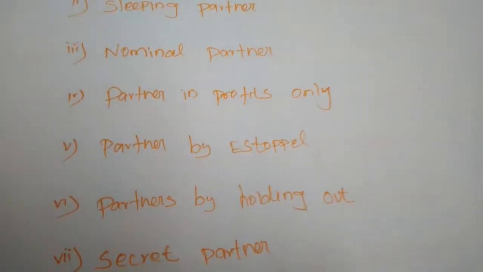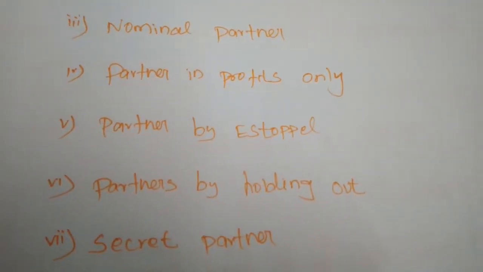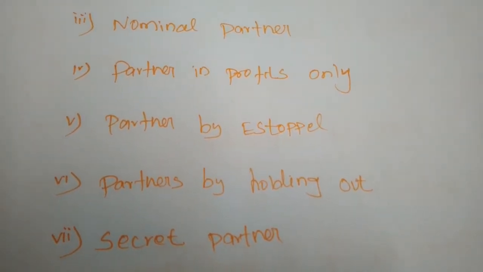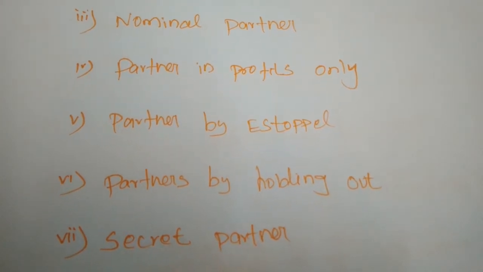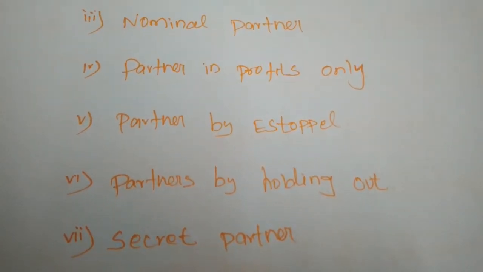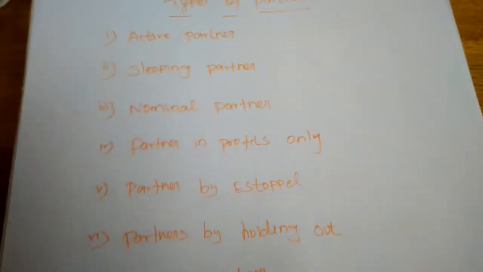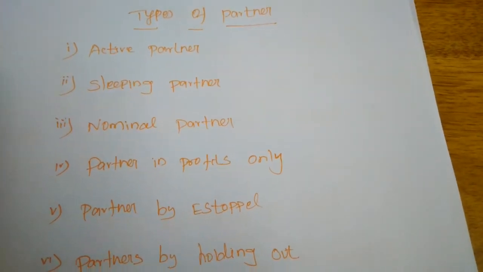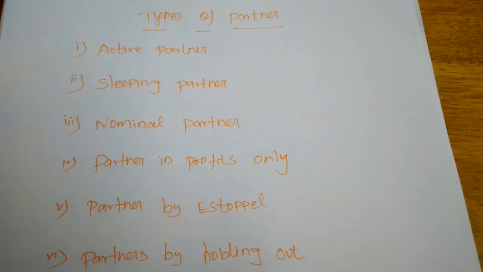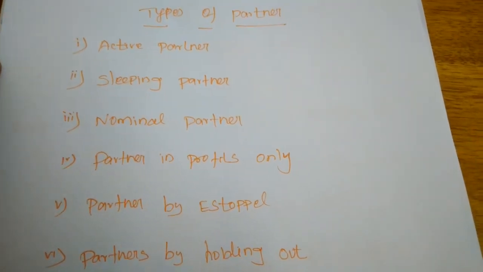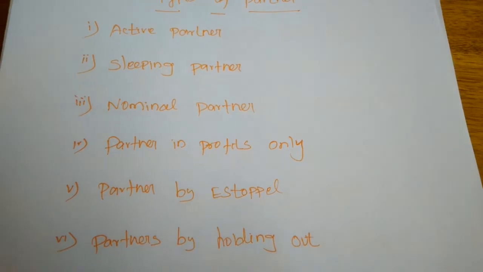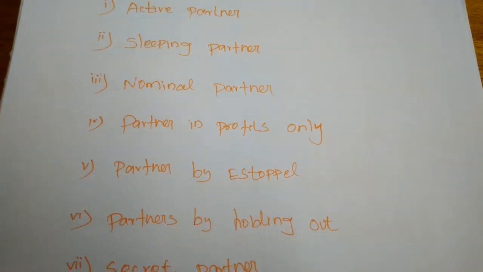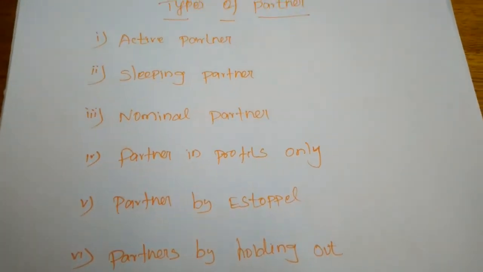Next, partners in profit only. When a person joins a firm as a partner on the condition that he is entitled to a specified share of the firm's profit only, he is called a partner in profits only. Normally, some of the persons have more power over the capital. He will contribute more capital than other types of partners, but he will not take any activity in the business. But he has the right to earn the profit when the organization is earning more profit,